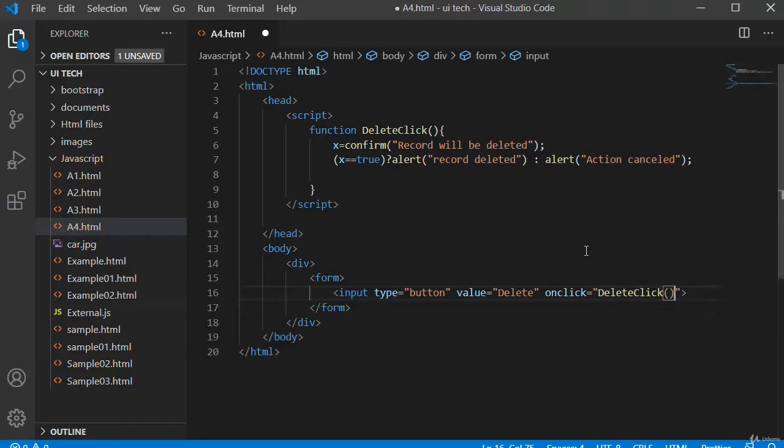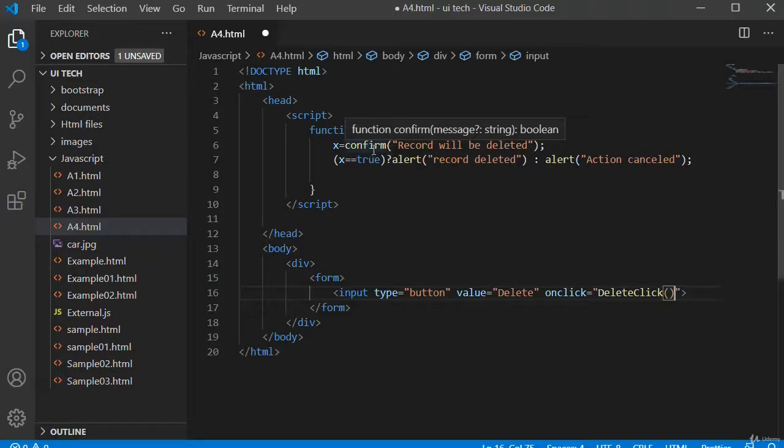What we are doing here is I am creating a input tag with button type. I am giving a value delete. Then I am using onClick event. In this onClick event, I am calling my function deleteClick. Then control goes to my deleteClick function. Inside this function, I am using a x variable. Inside x variable, I am storing a value which is returning from confirm function.